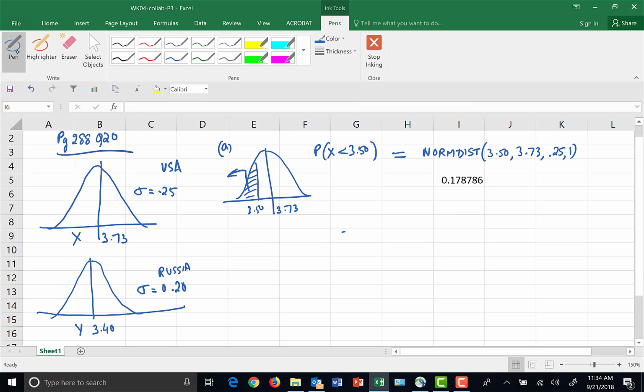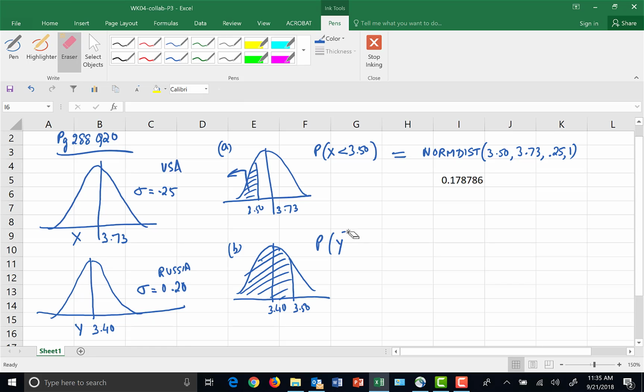Now in part B, what the question asks is, what percentage of the gas stations in Russia charge less than $3.50? So it's the same price setting, $3.50, but now it's in Russia. Here's the graph again, I will draw. So notice now, since for Russia the mean price is $3.40, $3.50 will be to the right, isn't it? So I want the area, this shaded area. So I want the probability that Y, the price of gas in Russia,